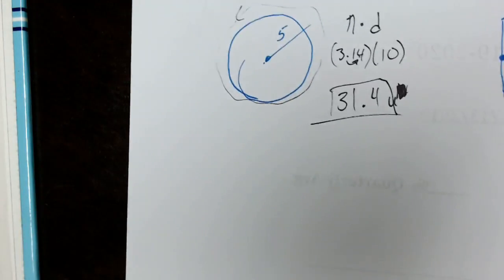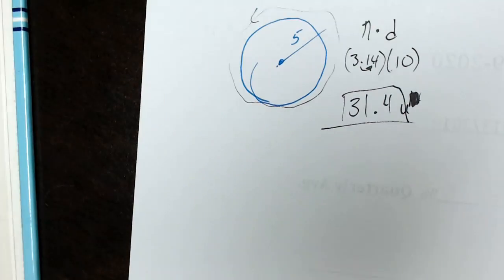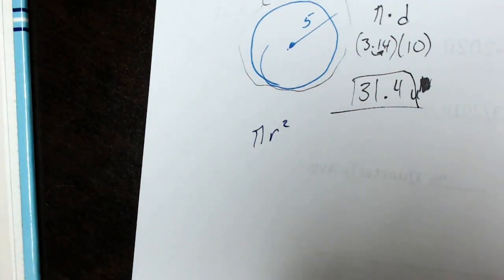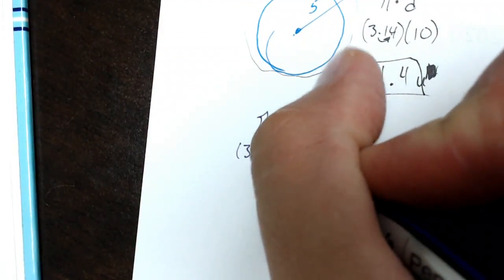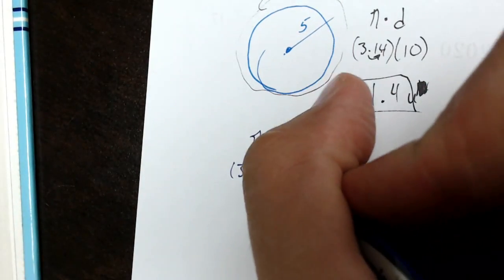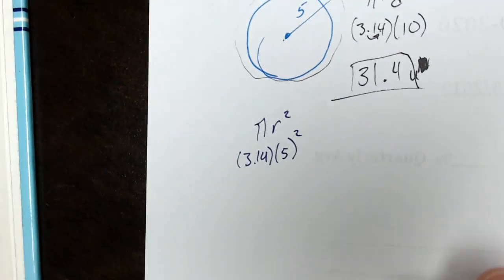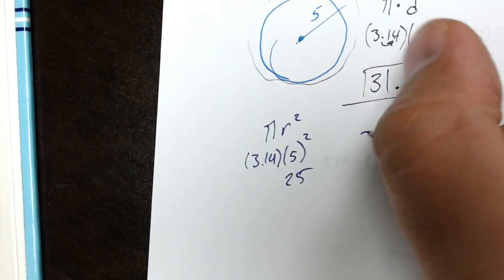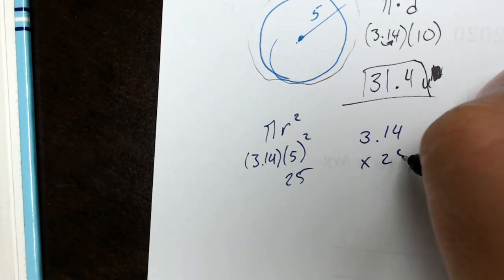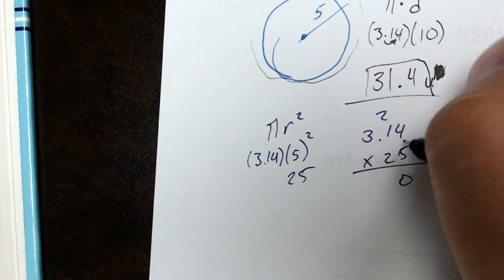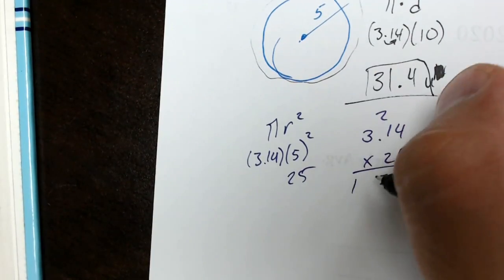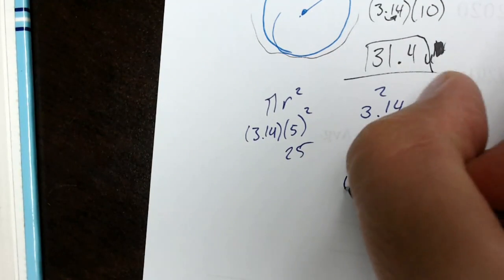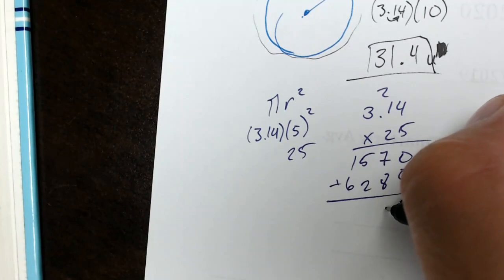Now, let's talk about area. Area of the circle. We're going to use pi r squared. So we'll take pi, radius squared, and plug in our numbers. Pi is approximately 3.14. Radius is 5. Then I add my exponent, squared. Order of operations says I have to do 5 times 5 first, which gives me 25. So now I have to do 3.14 times 25. That's 20, carry the 2, 7, and then 15. Drop the 0, we have 8, 2, and 6. We add them, we end up with